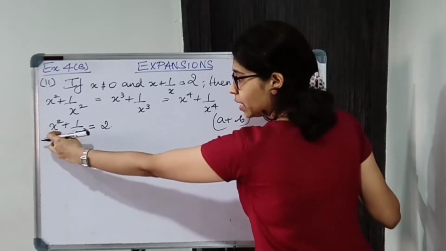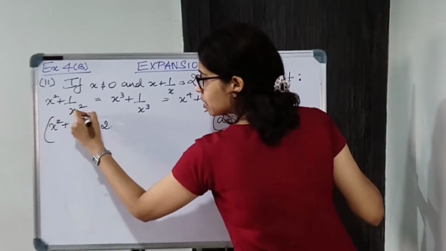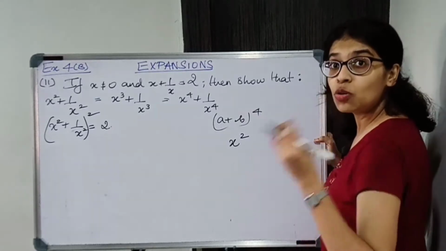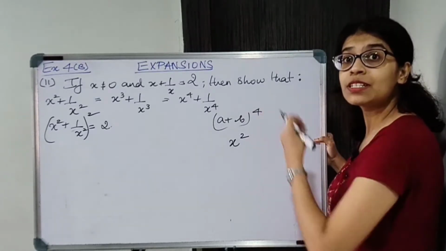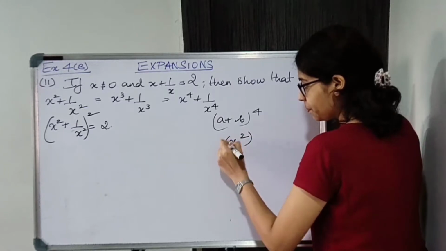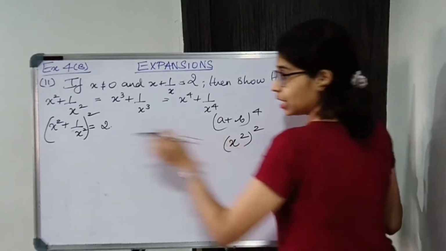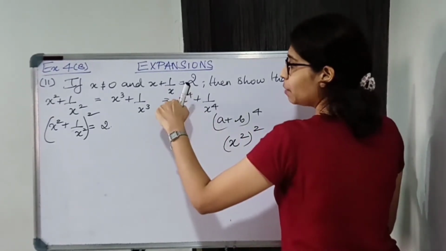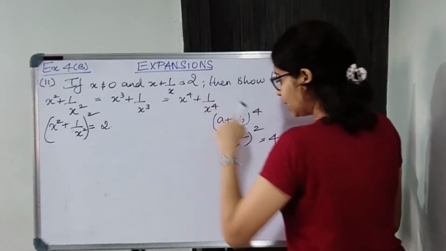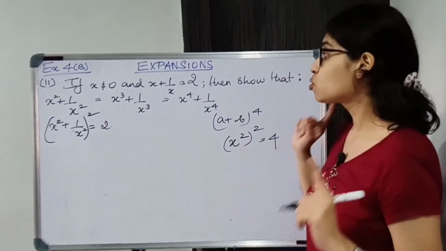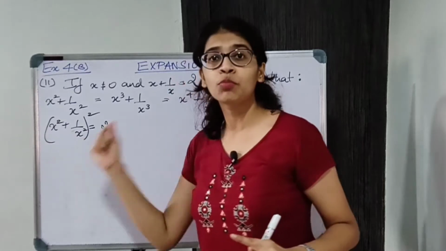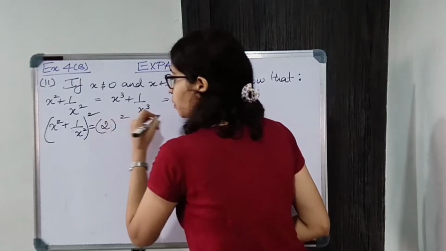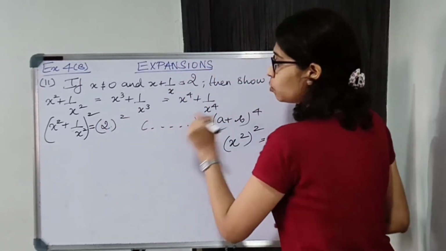When you put brackets and square, this is of the form a plus b the whole square. So a plus b the whole square is a square plus 2ab plus b square. So a's square is x square squared, and 2 into 2 will give 4. So I'm getting power 4, and the same thing over here, I'll get power 4. This is the reason: square the x square plus 1 upon x square that we got on both the sides. Put bracket square and give the reason: squaring on both the sides.